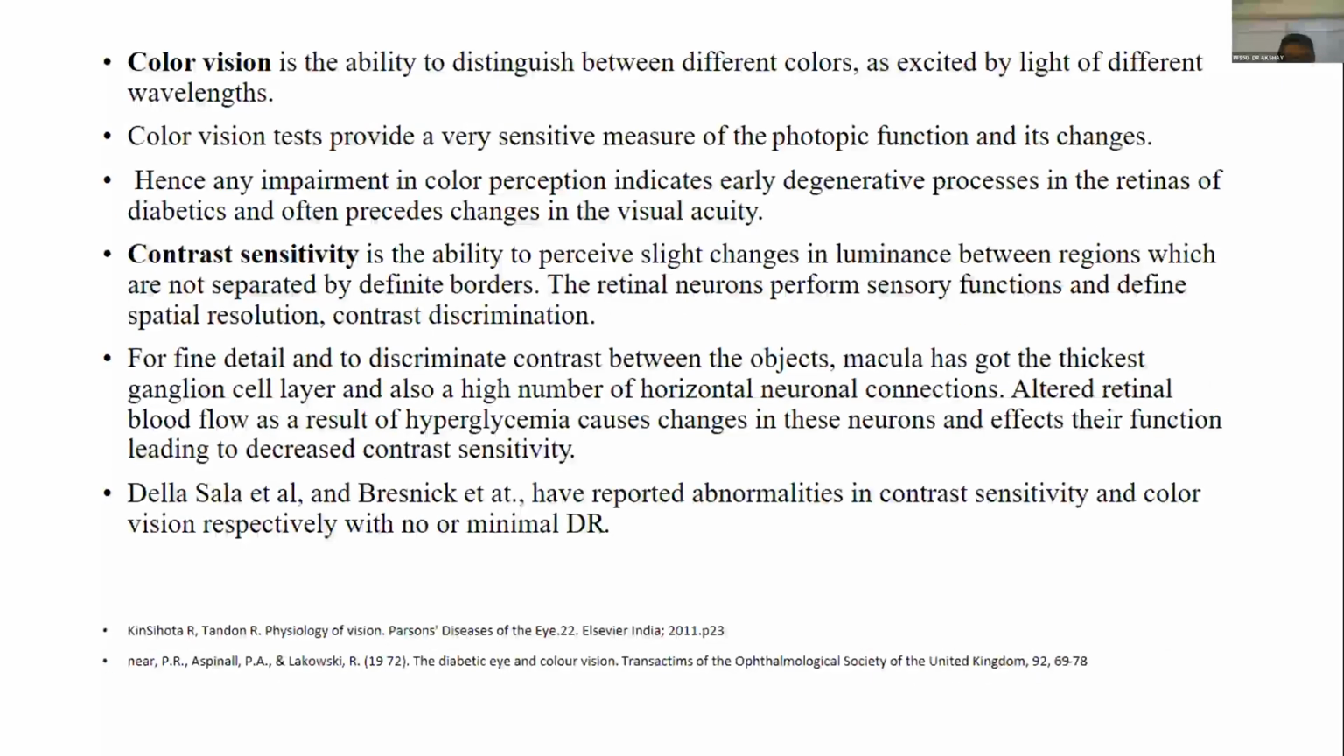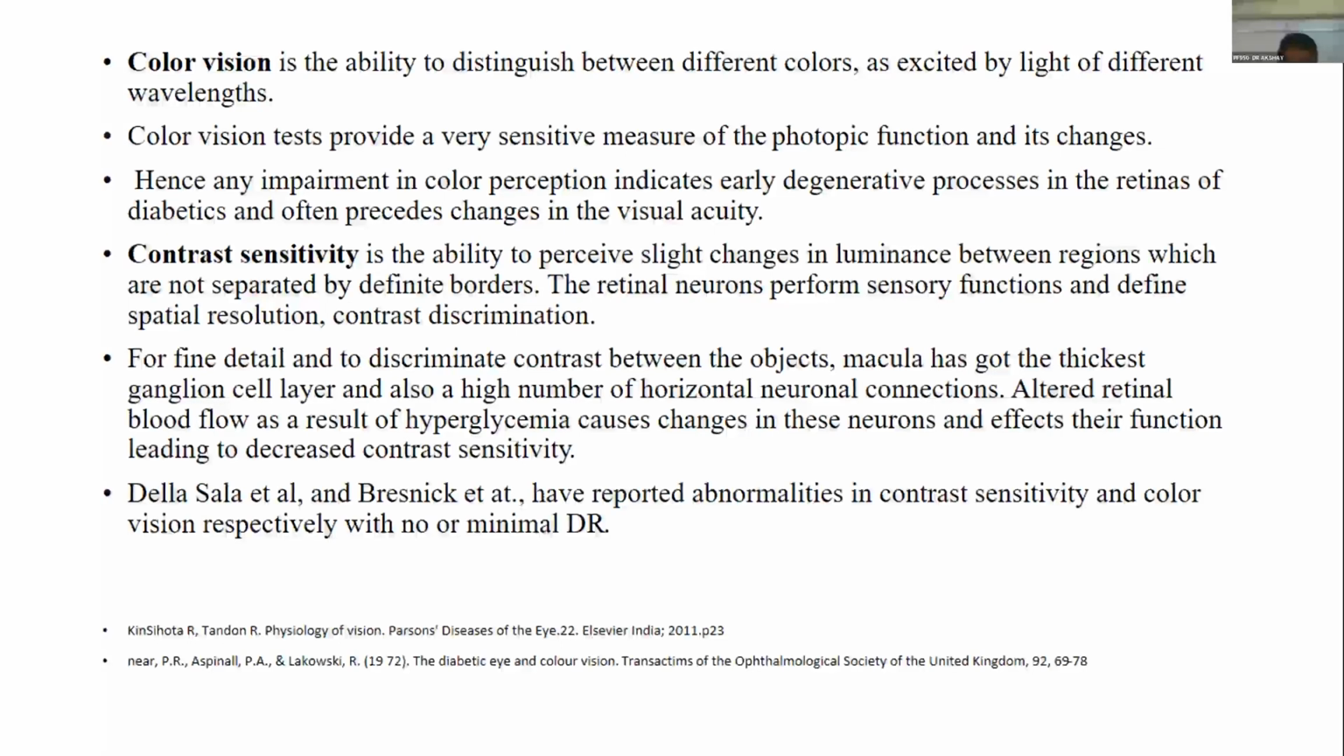Color vision is the ability to distinguish between different colors as excited by lights of different wavelengths. The color vision test provides a very sensitive measure of photopic function and its changes. Hence, any impairment in color perception indicates early degenerative processes in the retinas of diabetics and often precedes changes in visual acuity. Contrast sensitivity is the ability to perceive slight changes in luminance between regions which are not